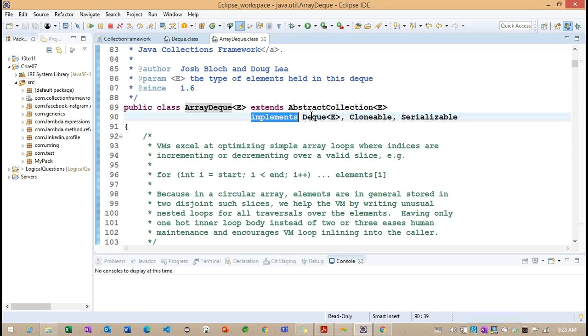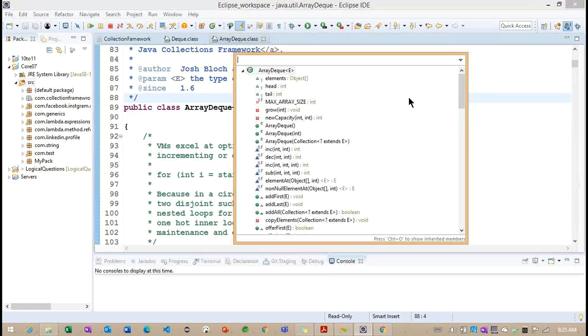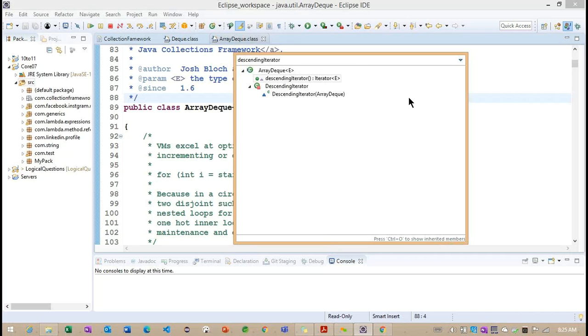It implements the DQ interface. These are the two interfaces, Cloneable and Serializable. We'll see how these two work, but it extends from AbstractCollection and implements the DQ interface. Now what we can understand here is that the descending iterator method is implemented here.